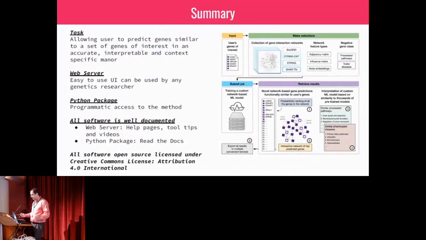Okay, so the summary is: given a gene set of interest, can we learn more about other genes in an interpretable way? So it's all open source, and